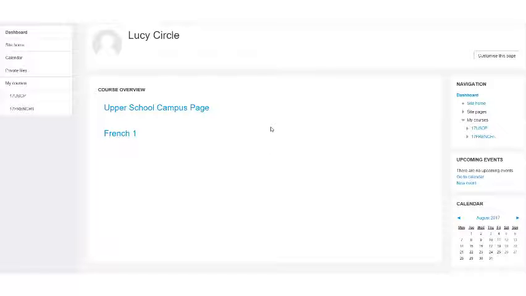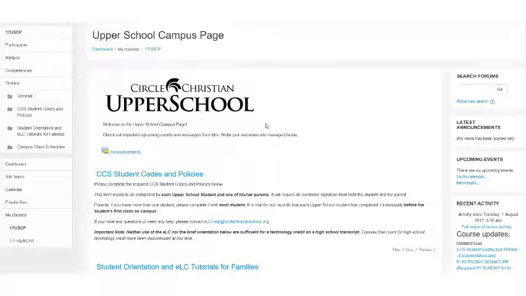Let's go ahead and navigate to the Upper School Campus page. Now, like I said, I can either click here or I can click here. This section over here has what we call a short name for the course, and it's basically just an abbreviation. You'll know that it's the abbreviation because all of these ones will start with 17 since the year is 2017, and in future years it'll start with the year that the class is taking place in. So I'm going to click on it right here,